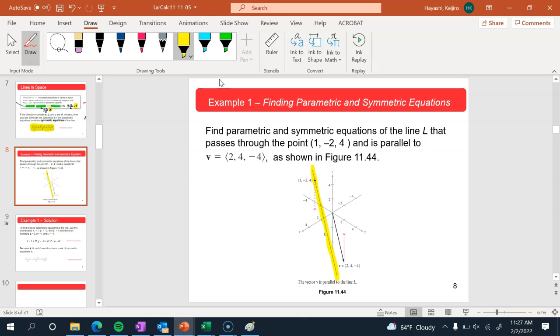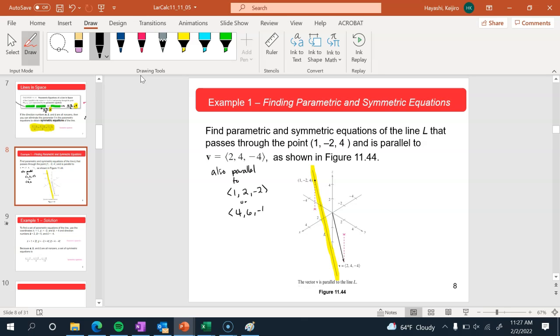Or that it's parallel to this vector. And as I was saying before, what this means is it's also parallel to (1, 2, negative 2), or